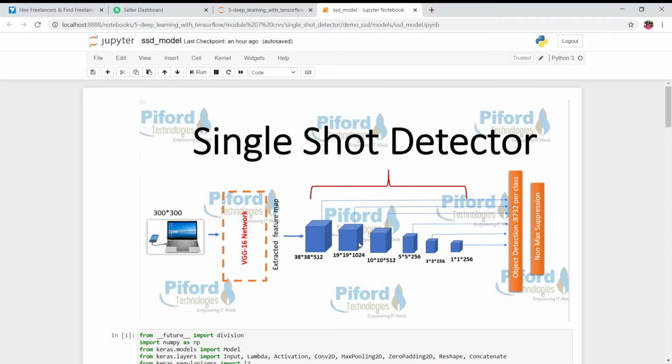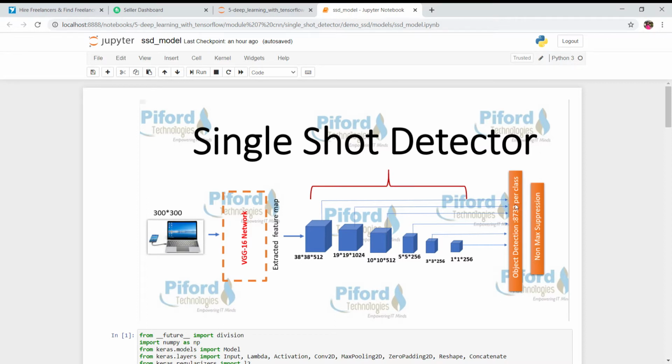On the other hand, when we use only one prediction layer, we are only predicting the classification score and bounding box using one feature map. But in this particular case, we are using 6 prediction layers, which means we are predicting these classification scores and bounding boxes on multiple scales. And finally, we have this object detection.